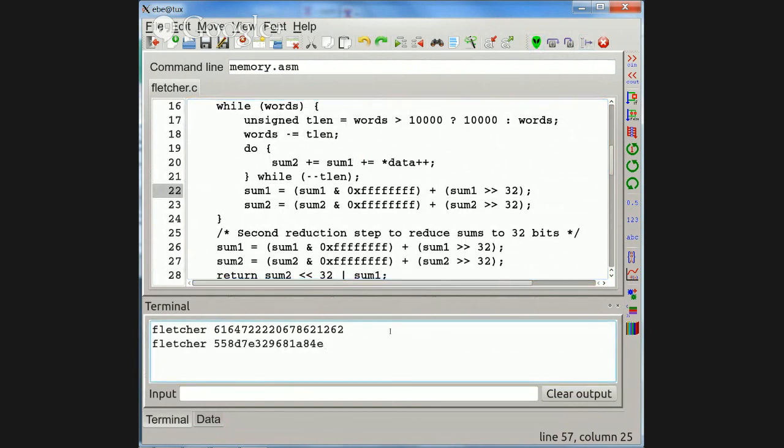It has a lot of mixing going on. I don't have time enough to adjust the Fletcher algorithm to be an assembly under Linux, but I think we know enough about checksums that we could do it. Maybe another time. I think this is enough for today. Bye.